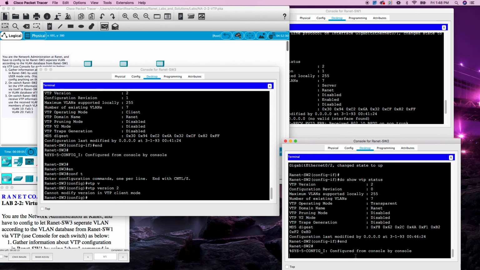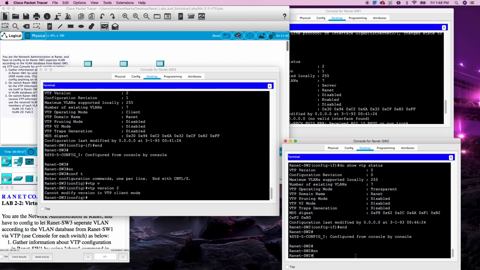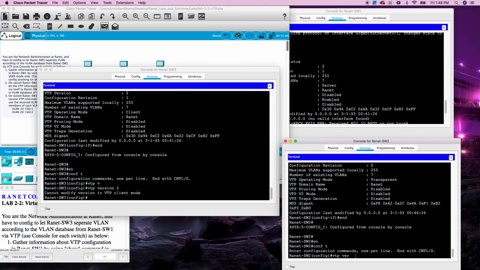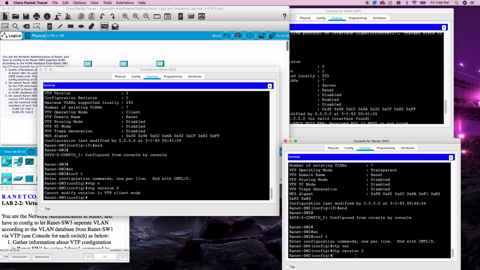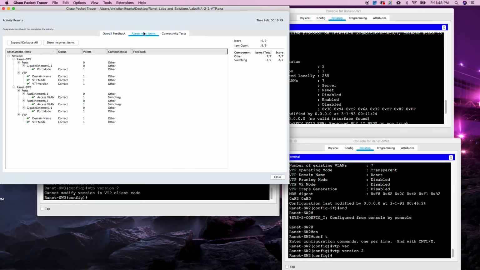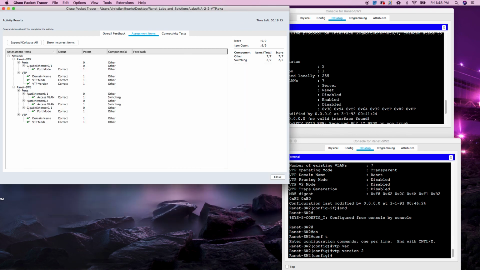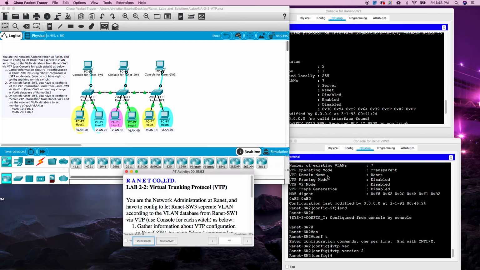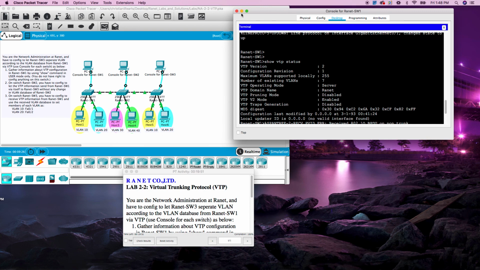For whatever reason it didn't work. VTP version 2. And that made it work. Must be a bug within Packet Tracer. But that completes this lab. And that is the lab on VTP. See you in the next